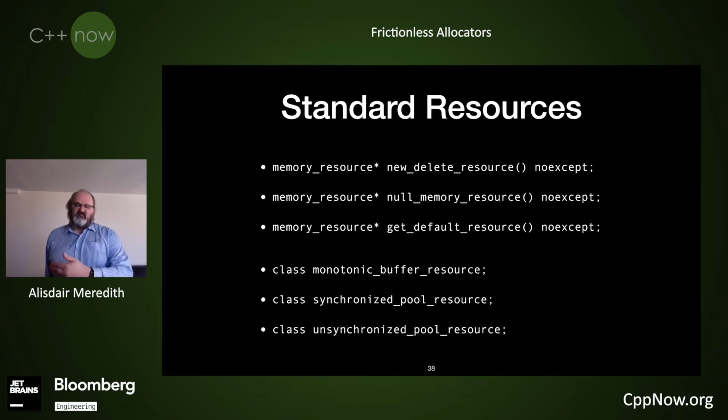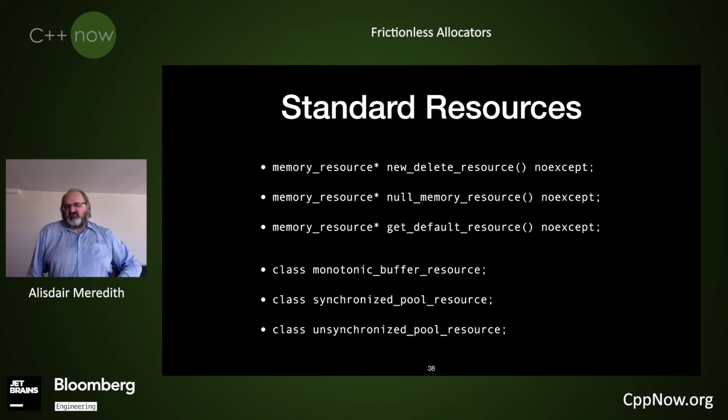So the monotonic buffer resource is the one I spoke about, where you're going to try and allocate out of. I've got an array, and the monotonic buffer just simply uses up that array until it runs out at the end, and then typically that will fall back onto either the default resource, or you might back it up with the null memory resource to say, when I run off this stack, don't go to the heap, just say we've done it, it's all exhausted.